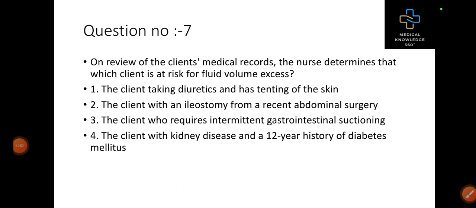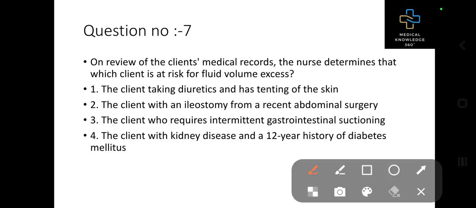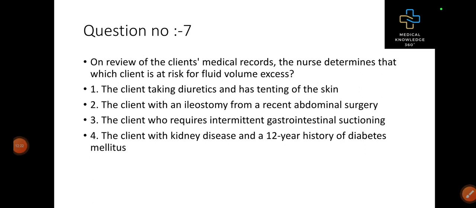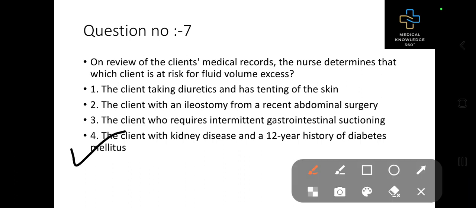Now, the seventh question is, on review of the client's medical record, the nurse determines that which client is at risk for fluid volume excess. Your options are the client taking diuretics and has stenting of the skin, the client with an ileostomy from a recent abdominal surgery, the client who requires intermittent gastrointestinal suctioning, the client with kidney disease and a 12-year history of diabetes mellitus. So, what do you think? What is the right answer for this question? Well, the right answer is the client with kidney disease and a 12-year history of diabetes mellitus,